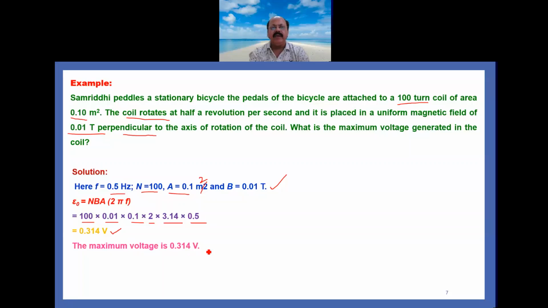So the numerical becomes easy if your concepts are clear. Understand the language of the question, note down what parameters are given in the question, then think about which formula we have to apply, and then substitute the values and solve the question to get the correct answer.